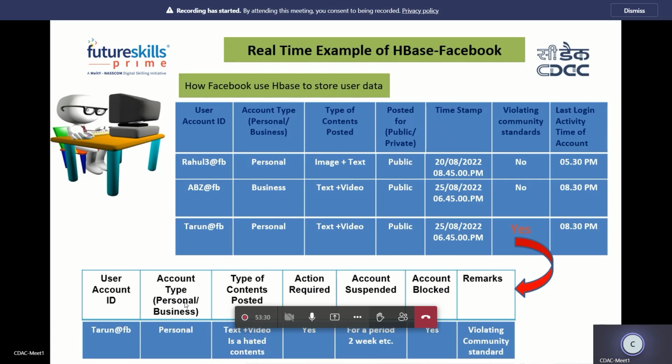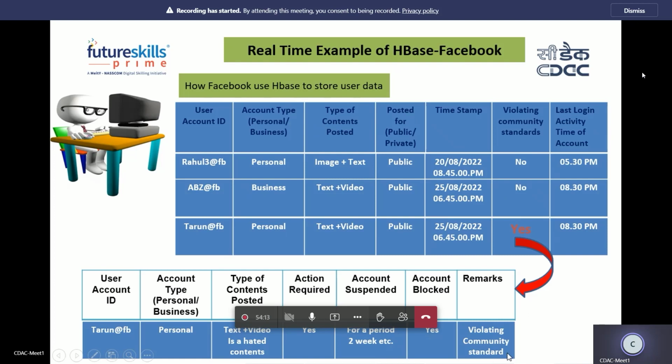In Facebook, there are a number of options available. Let's suppose a user is sharing any wrong content, any fake news, any nudity, or any content that is not as per the community standard. The account can be blocked, the account can be suspended, or legal action may be taken. In this example, I have explained both things. Suppose his account is suspended, but that was still not sufficient. After 2 weeks, suppose he did this activity again. After the second interval, his account will be blocked. And what was the reason? Remarks will be given there,